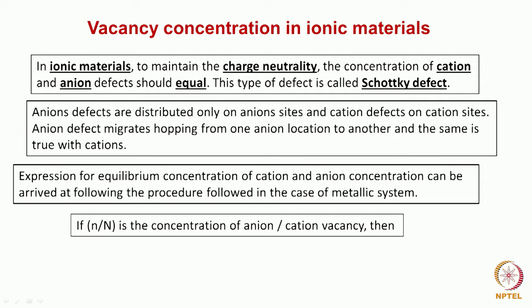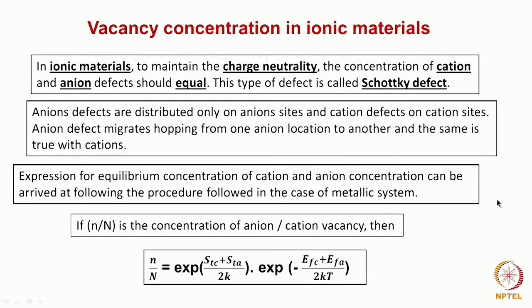And the defect concentration, if it is n in anion sites and n in cation sites, then 2n will be the anion and the cation sites. Then if you try to find the ratio, in any particular site, the anion concentration